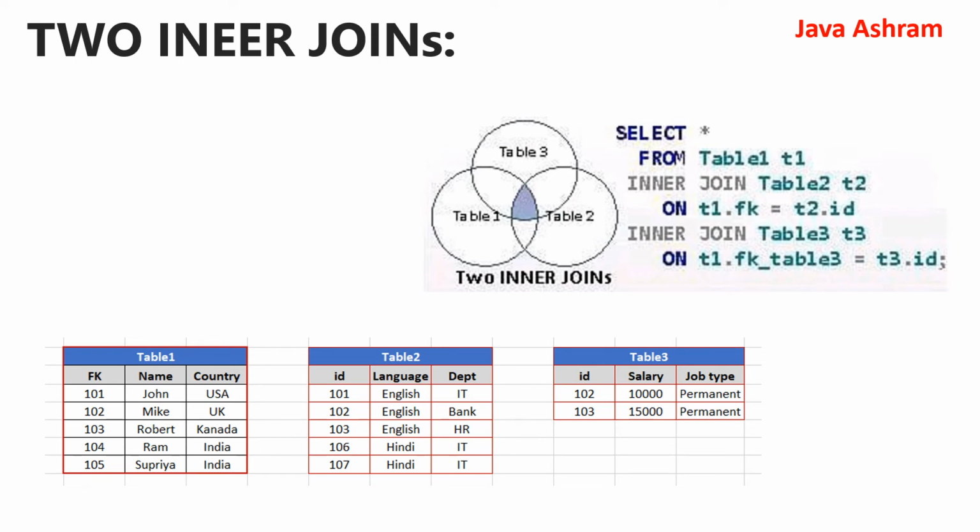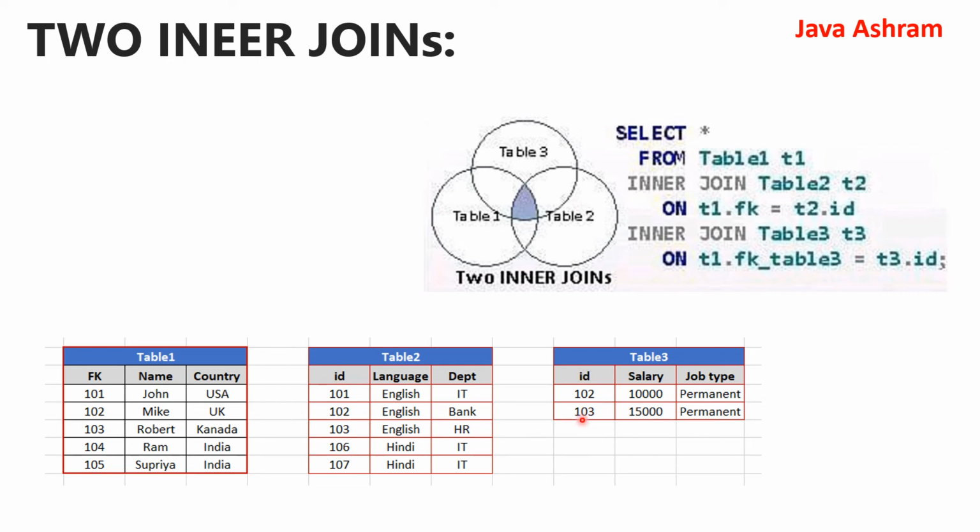Now how will you use the two inner join? So far we have been performing operations on two tables, but if you see here, we have table 1, table 2, and table 3. If you draw a diagram like this, two inner join will give you the data which is common in table 1, table 2, and table 3. So when I say the common data in all these three tables, the common data will be represented on this particular row on the particular key, this one, the FK ID, and this is table 3.